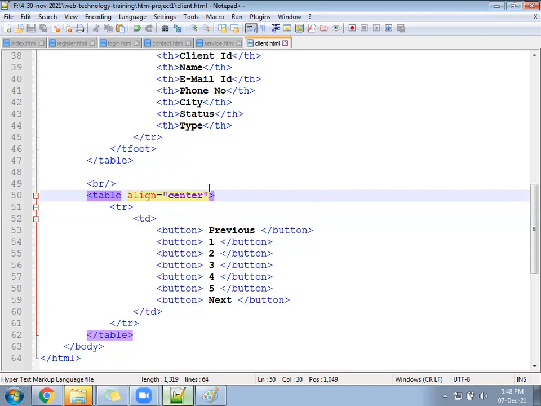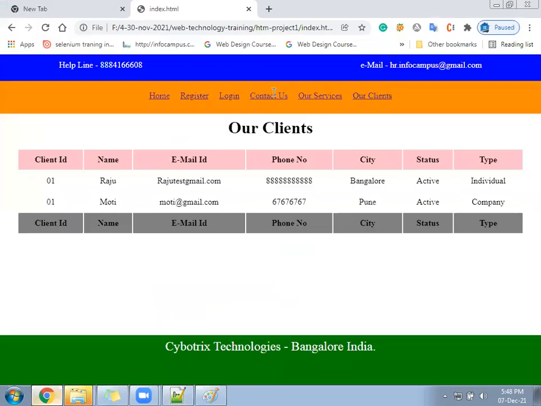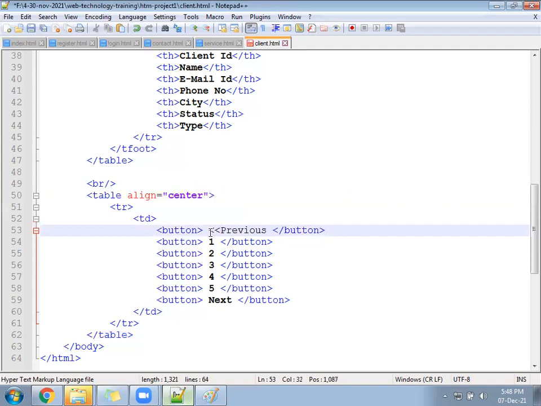Getting many buttons. First button in the left, and last button in the last, and then something like this. Previous and next. In the previous, there should be double arrow mark redirecting to left hand side. And in the next, there should be double arrow mark that should be redirecting to the next. It will give some code problem also. You can fix that. This left arrow direction, right arrow direction.